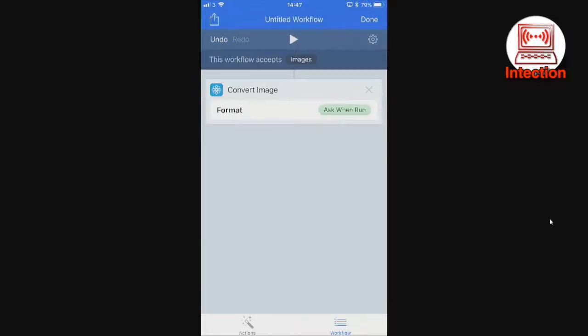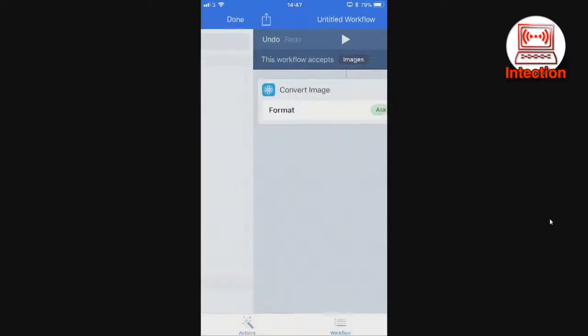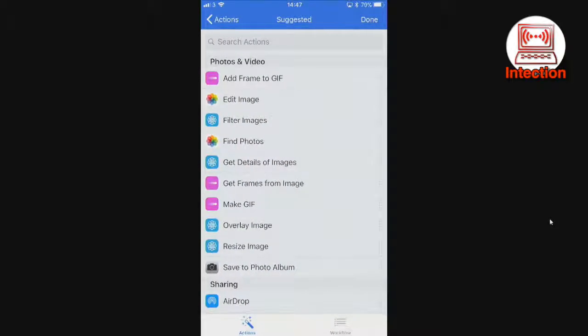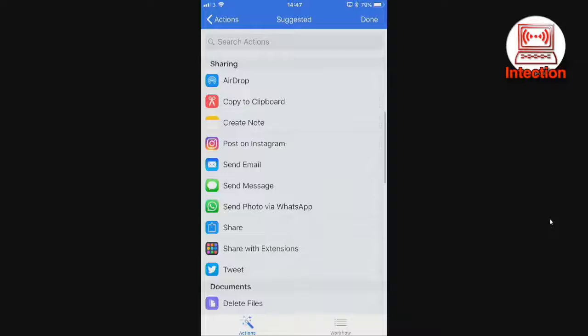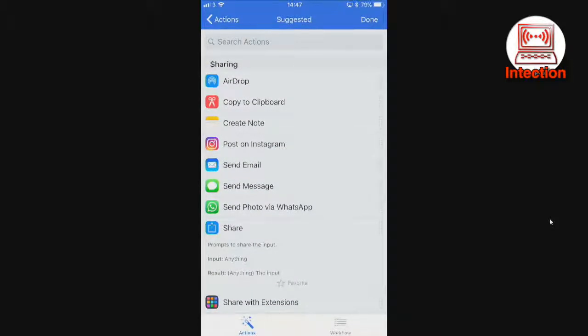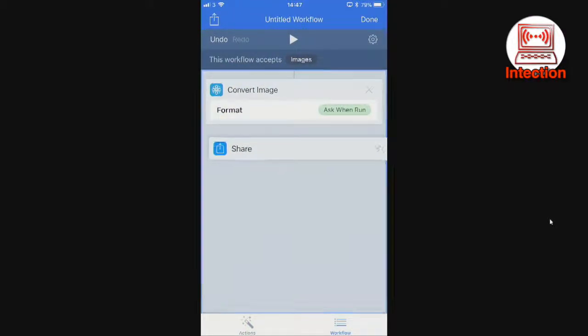Now at this stage you could go ahead and say send an iMessage, but again we'd like to have this as a flexible workflow, so it asks us what to do. So we're going to add another action, which is at the bottom of the screen, and we're going to select share. There's an option called share, which is blue, and I'm going to pick that. As you can see, it tells you what it does, prompts to share, and I am now going to hold it and drop it. So now that workflow has everything we need on there,